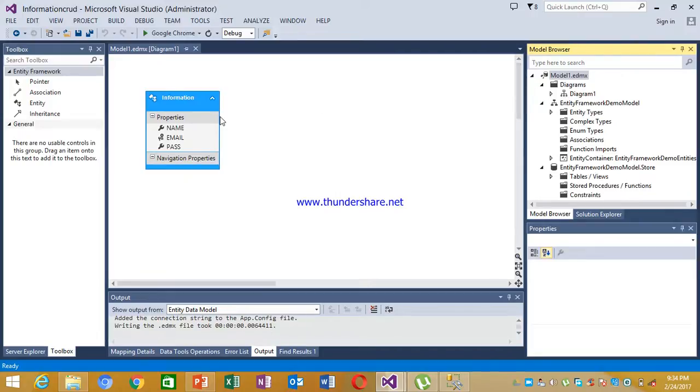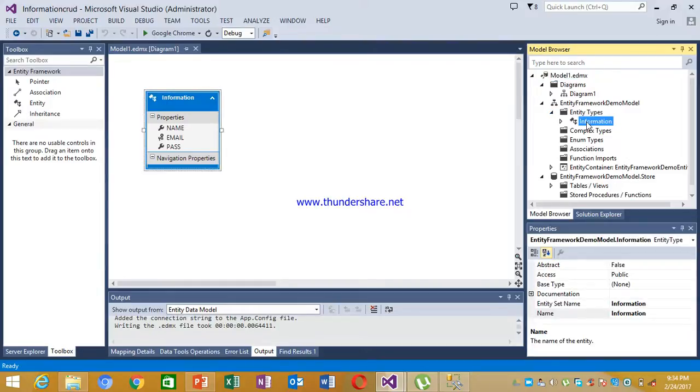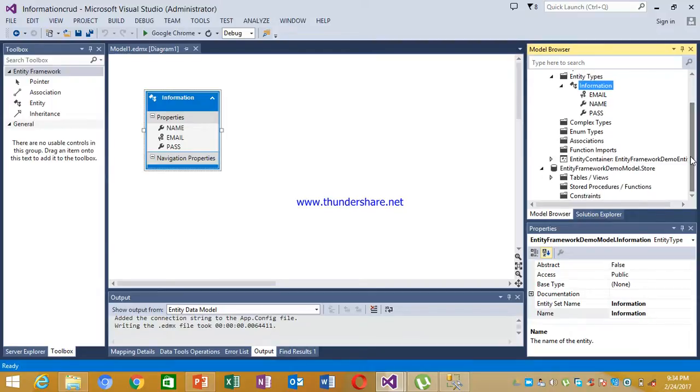This is the diagram representation. Under entity types, you can see the entity classes information. Complex types will show you the stored procedures if you have made any. But right now we haven't made any stored procedure, that's why this folder is empty.